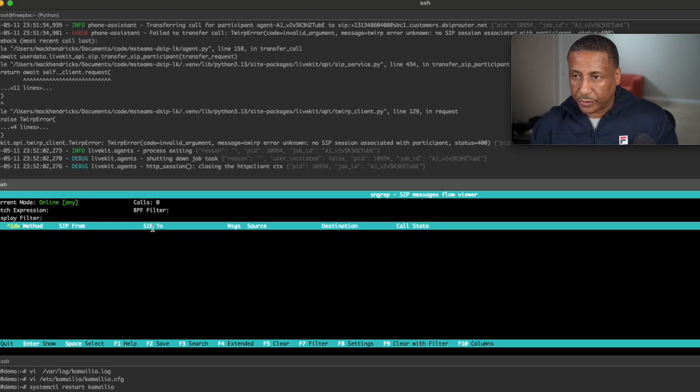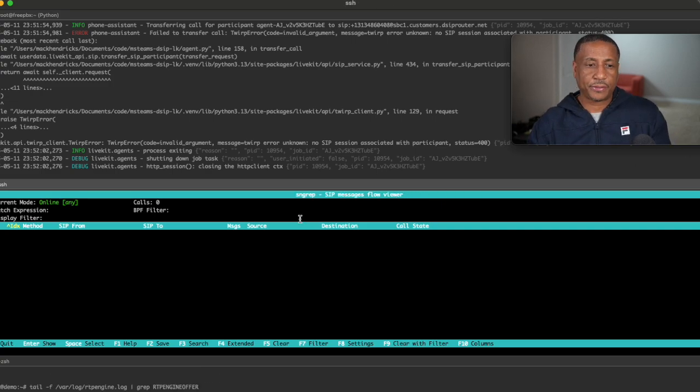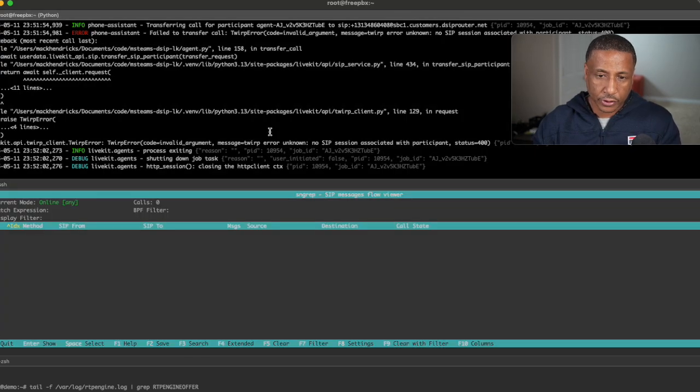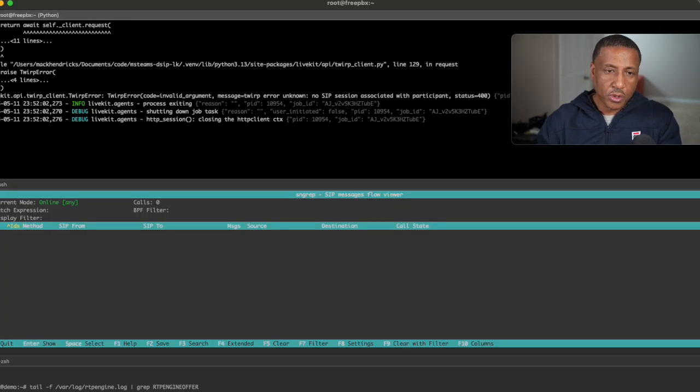Let me size everything properly here. At the very top is my agent code, which is written using the Python SDK. Below is my dSIPRouter box running